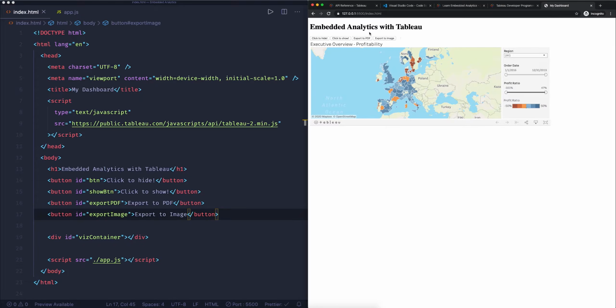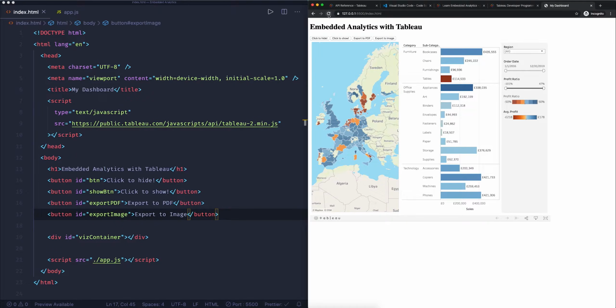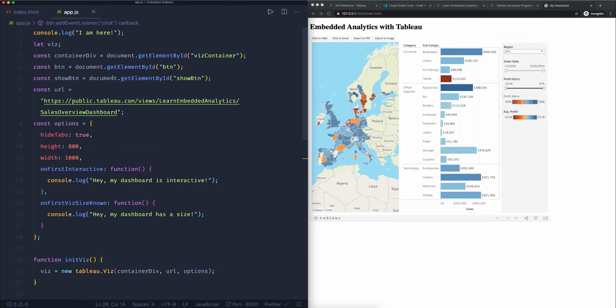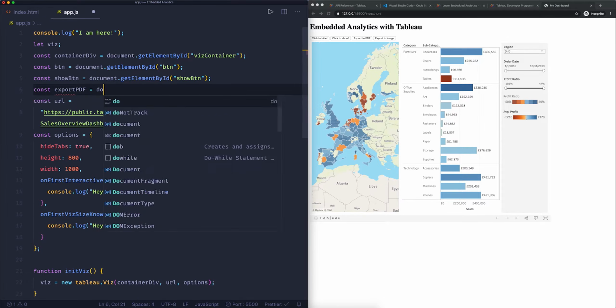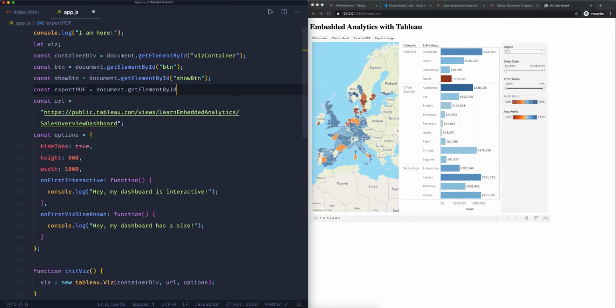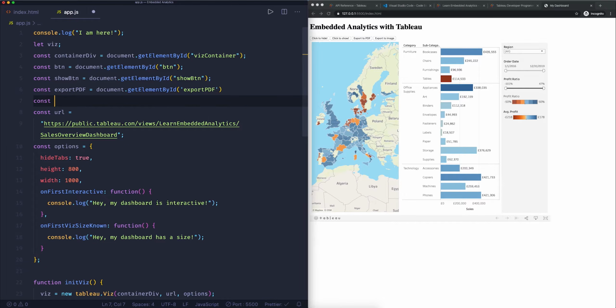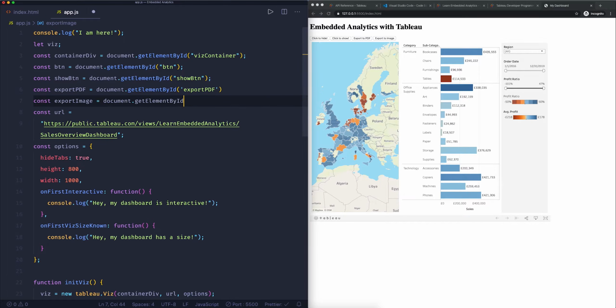Of course, I've not done any of the styling or anything in here, but that doesn't really matter too much. It's all about the interactivity that we have. So we now need to go to export PDF and export image. So let's hop back into the app.js file. And here on the top, we defined our button and our show button. Let's create two more. Let's say constant export PDF equals document.getElementById, and this is export PDF. And another one where we have export image equals document.getElementById,